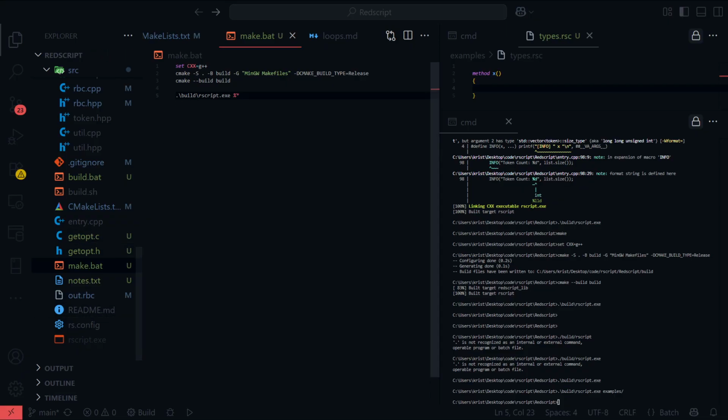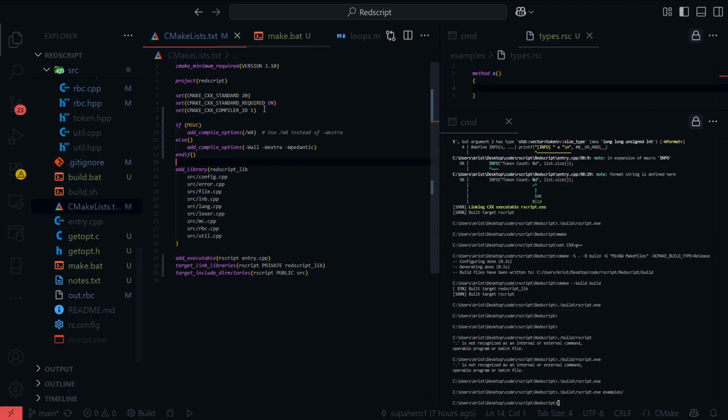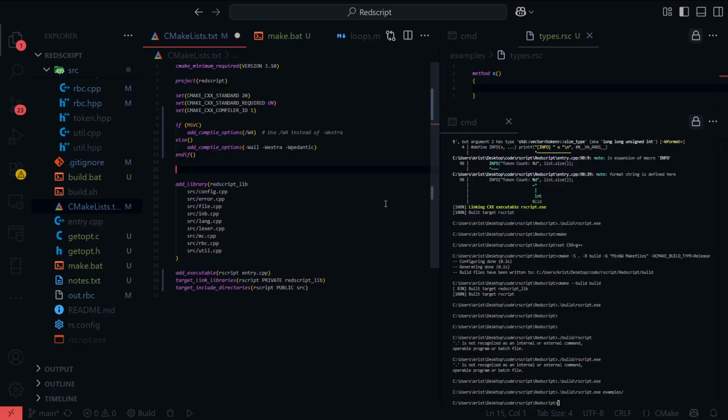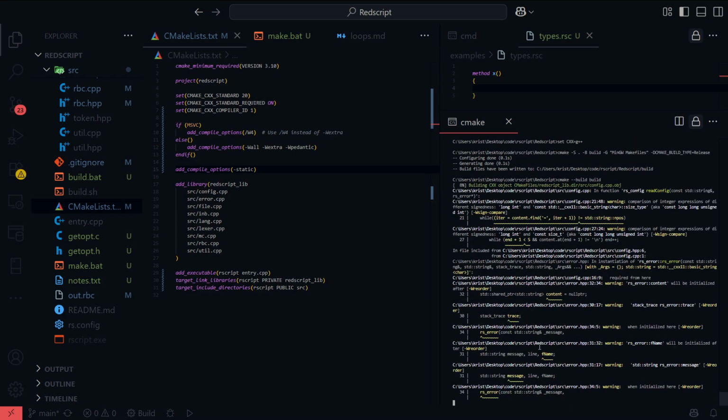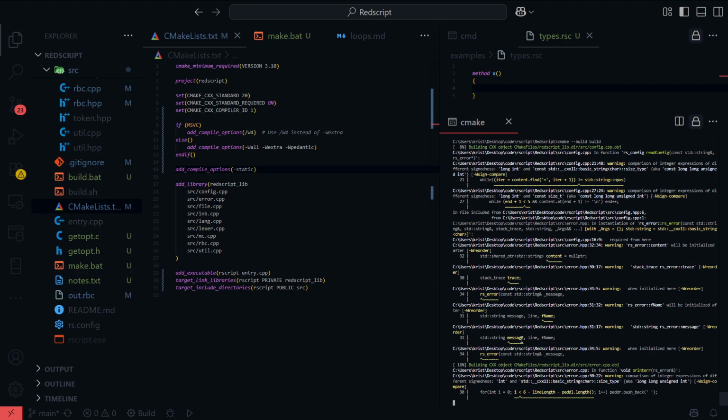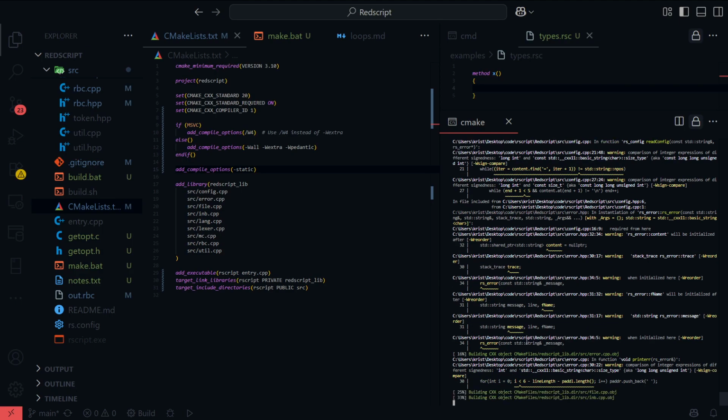What we're going to do first of all is go into CMake and just add compile options, static. We're gonna get those errors again, but it should work.